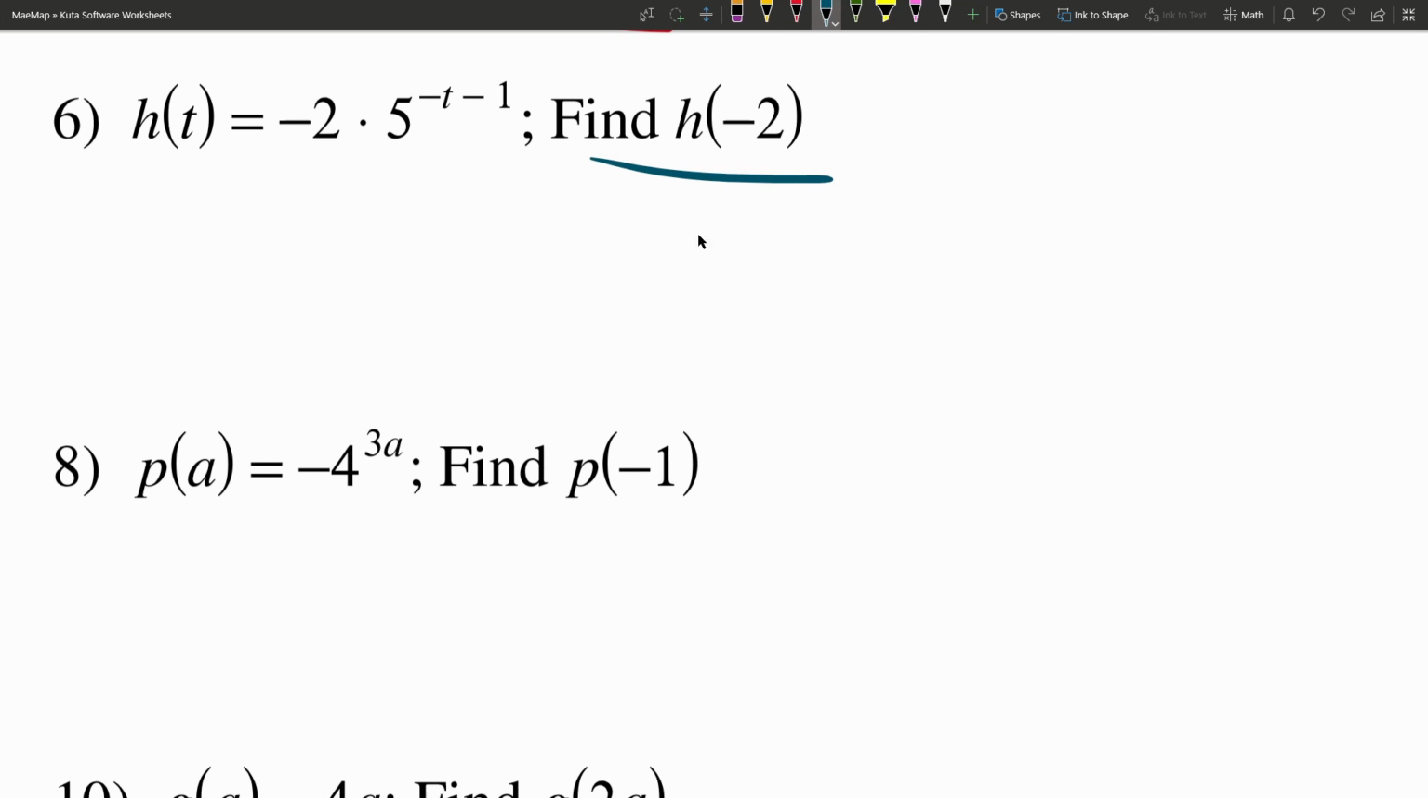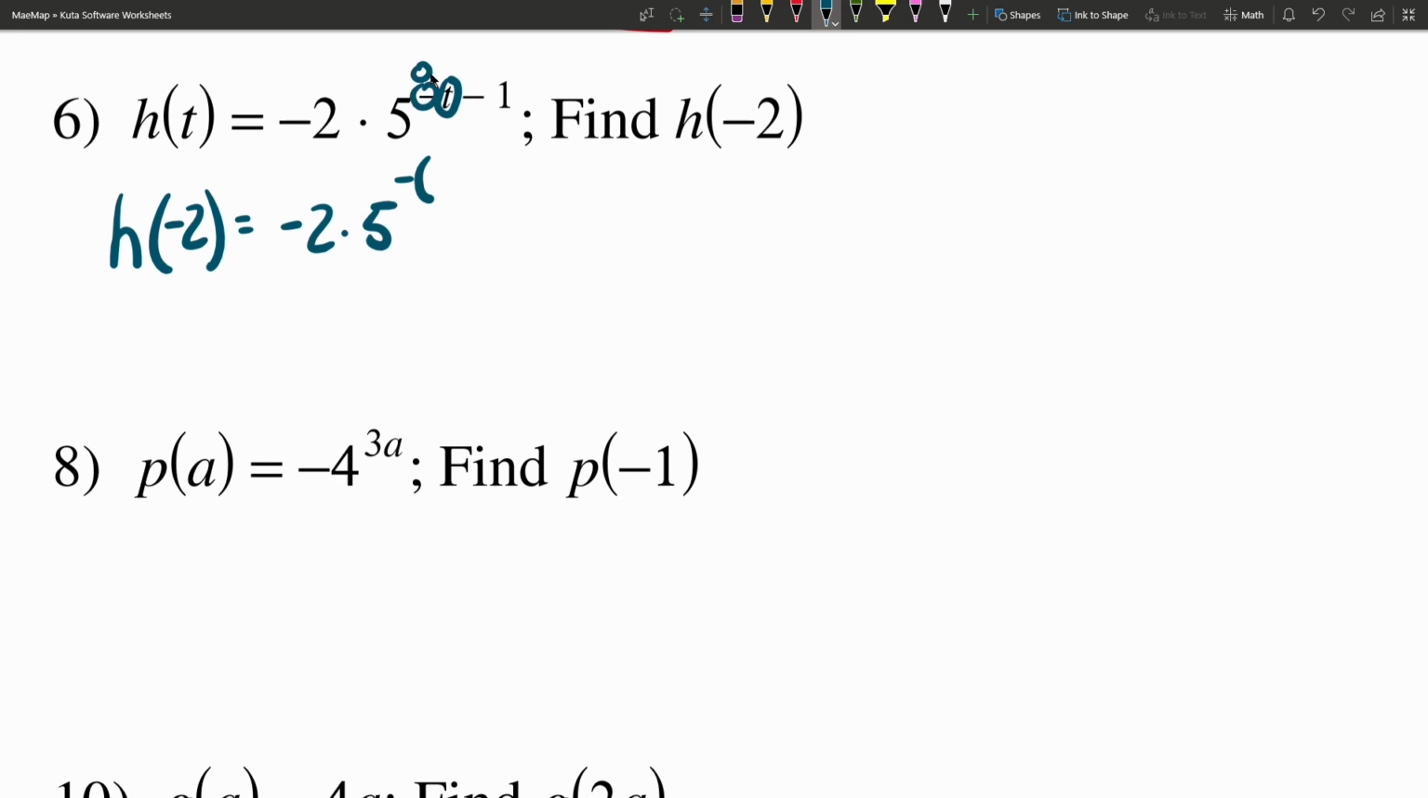We want to find h of negative 2. So h of negative 2 is going to equal negative 2 times 5 to the negative t. For t, we are plugging in negative 2. So because we have a negative t, we're going to have negative of negative 2, which eventually will evaluate to a positive 2, but we're plugging this entire quantity in for t. So I like to plug it in before I start simplifying just to make sure I've plugged in that full quantity. So negative t is negative 2